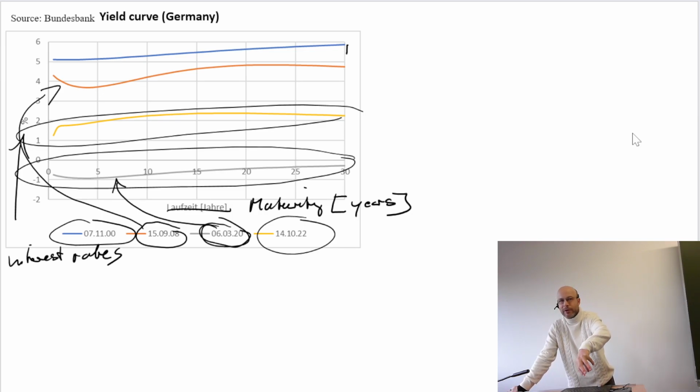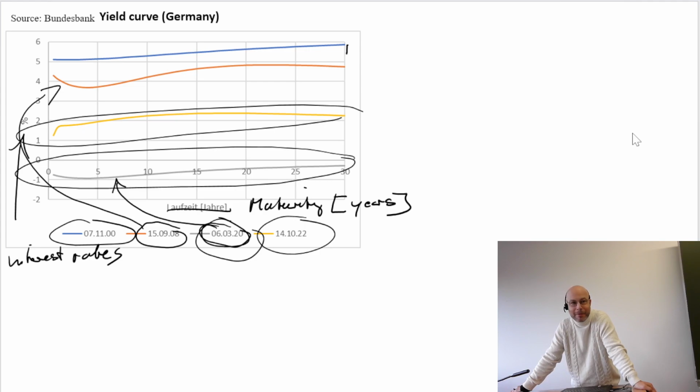But don't look at the yield curve, look at the date. What happened, not exactly on the 6th of March, but in Europe, in the United States, in the whole world in the beginning of March 2020? Was it really the Corona crisis, the economic crisis, that started in the beginning of March, 2 years ago, 2.5 years? No, no, this was in April.